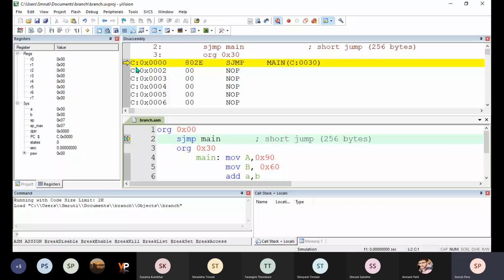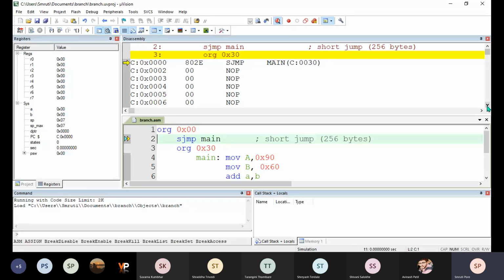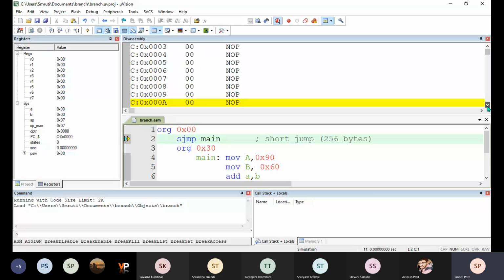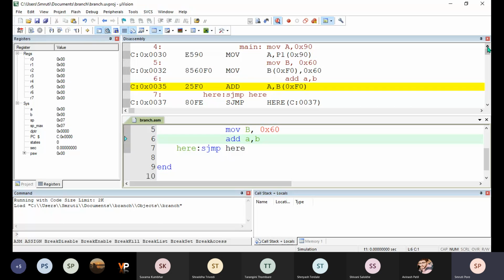So the first address is 0x00 where you have written the instruction as sjump to main on what is the location 0030. So now it will go to the 0030. If I change it to the 0030, so I am tracing it, so it will go to the 30 address. Yes, here we have got the 30 address.